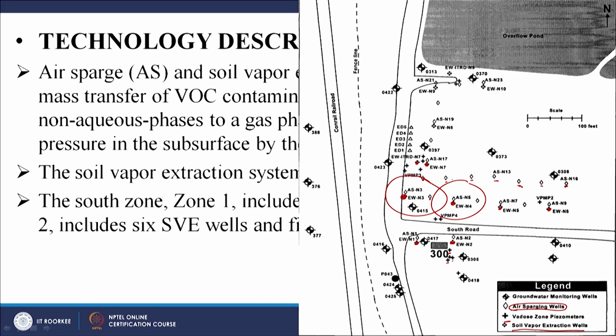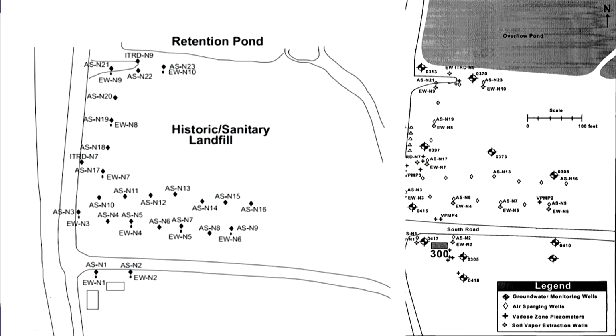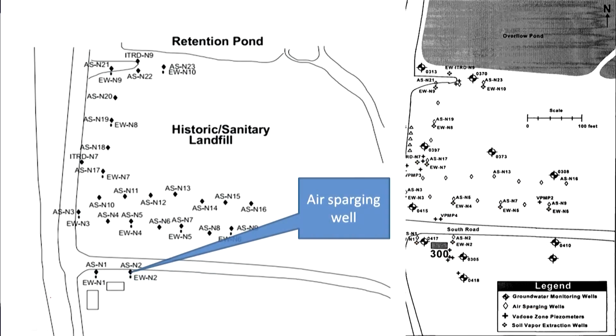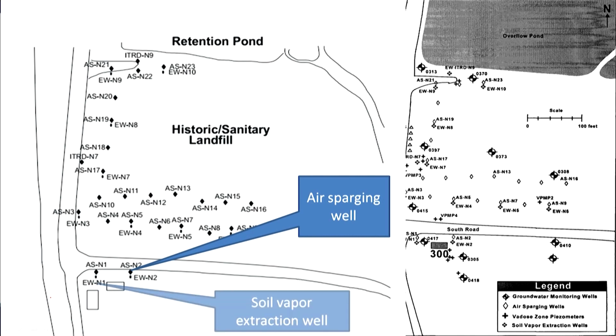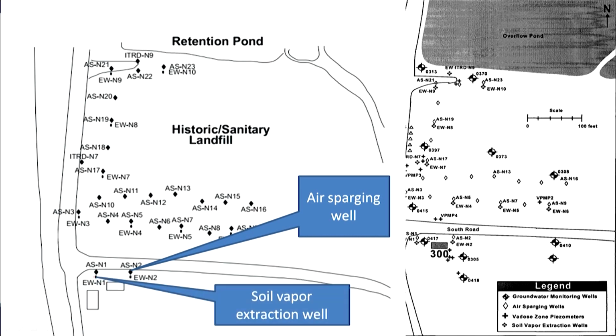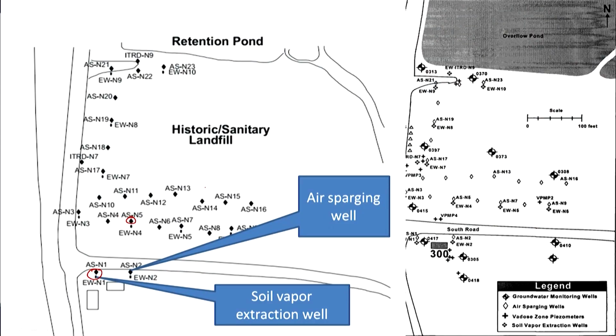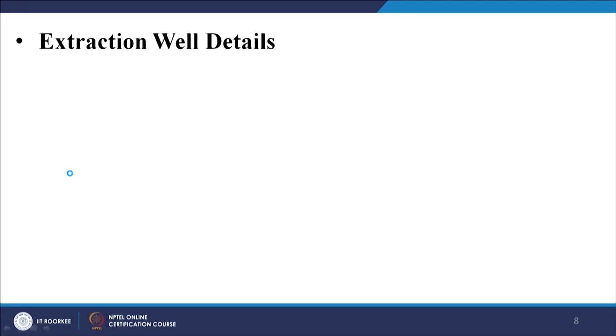So let us look at one particular slide. Here we have two aspects. One is obviously the air sparging well, and typically they have had the soil vapor extraction well right near it. So you have an air sparging well where you pump air into the water, and also very close by you have the extraction well, where you are going to pump the gaseous phase, or the air, out. That is something to keep in mind, and here you have a relatively better picture probably. So extraction wells.